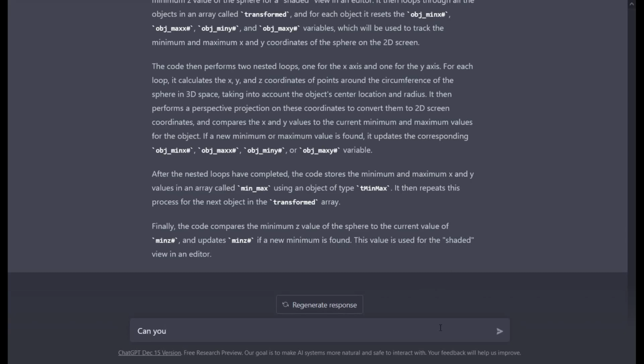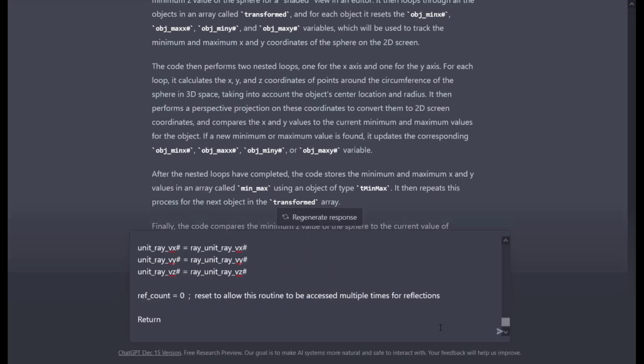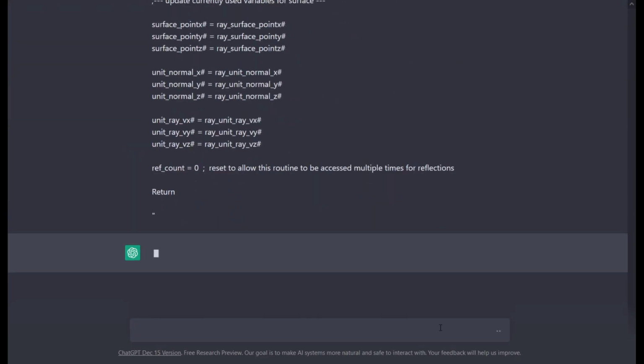Can you describe what this BASIC subroutine is doing? I don't think I need the quotes, but